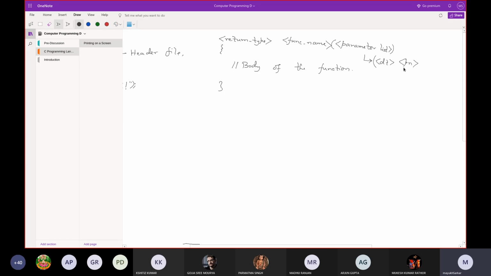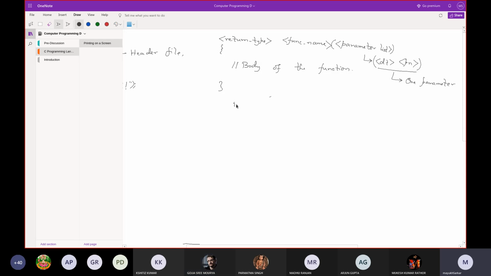Together this is one parameter. Data type and then the parameter name, comma, data type. That means the first parameter involves the data type and the parameter name, then the second parameter involves the data type and the parameter name, and so on. Is it clear? Yes, sir.